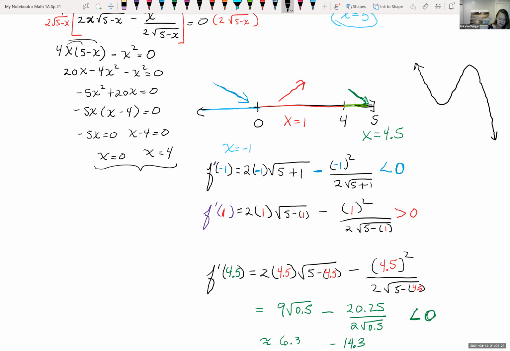I don't have any absolute max or absolute mins because of the end behavior of the graph. So I can see that I have a local min when x equals 0, and then increasing to decreasing, I'm going to have a local max